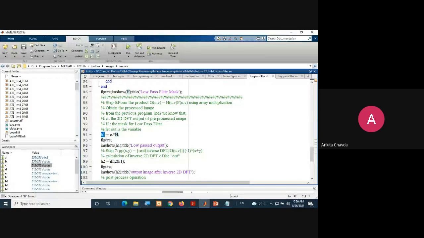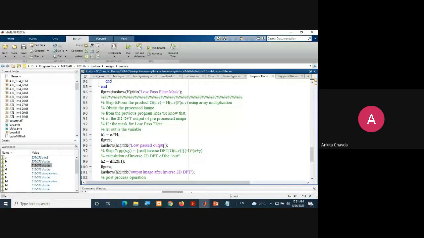So this H1 is nothing but G of UV equals H of UV into F of UV. Fine. So E dot star H, element wise multiplication. Then you will just do imshow H1, and the title is low pass output.